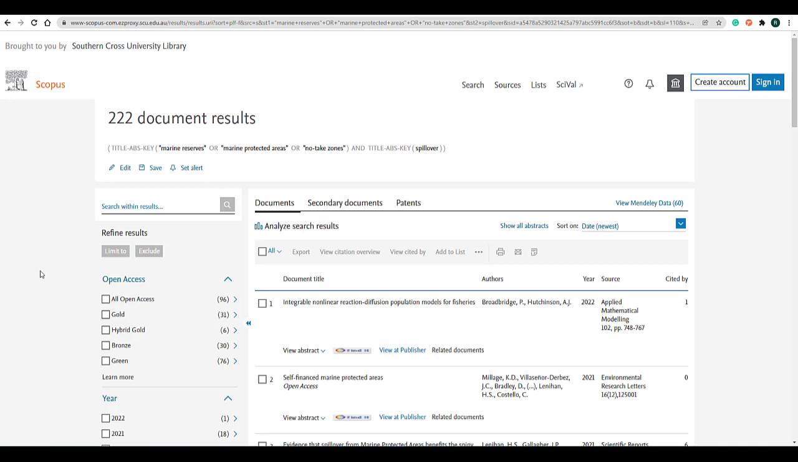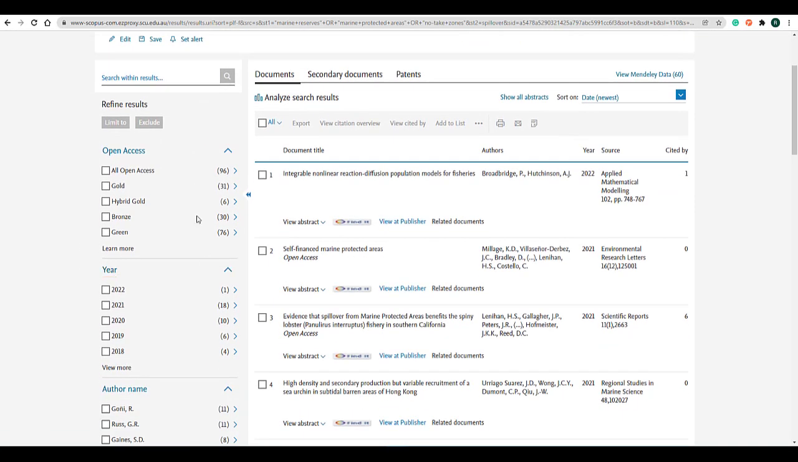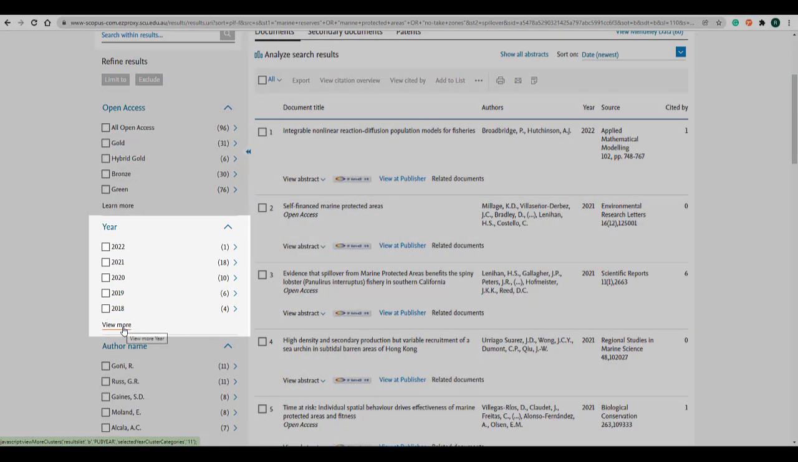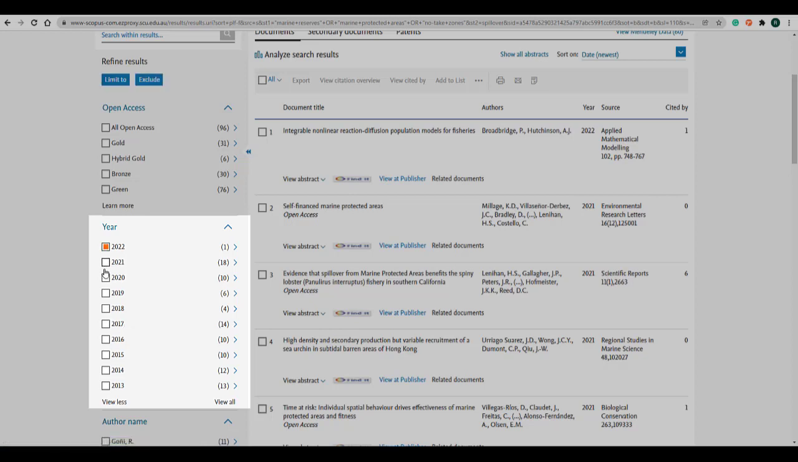This is the search results page. On the left-hand side of the screen, there are a number of limits that you can apply to your search. The most useful for you at this stage will be the year. So if you would only like to read recent research, you can click the year range here that you would like to limit your results to. So for example, I can just choose to search back to